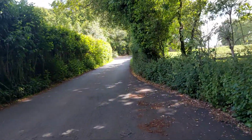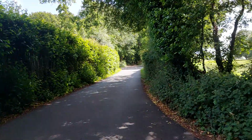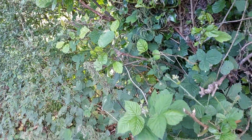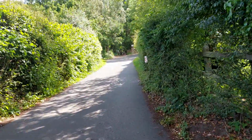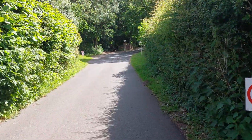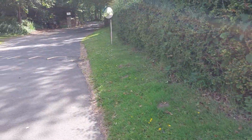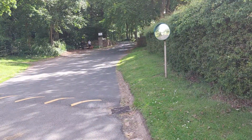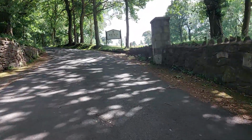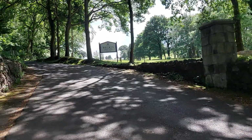In the meantime, the plan is to walk up this way. And we're getting closer to, we're walking up this way, and up here is the entrance proper to the Wrekin Golf Club. Yeah, so hang about. So here we are. Welcome to Wrekin Golf Club,